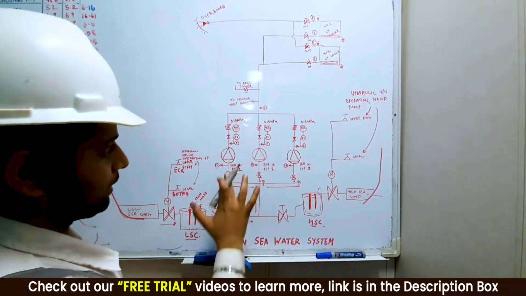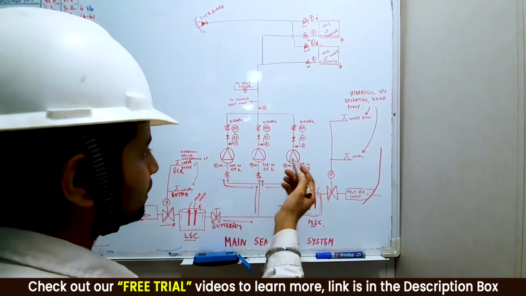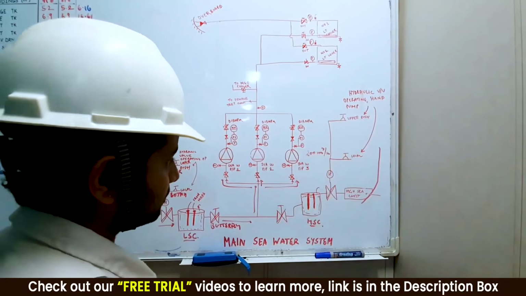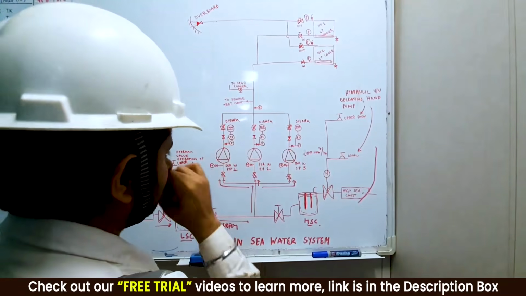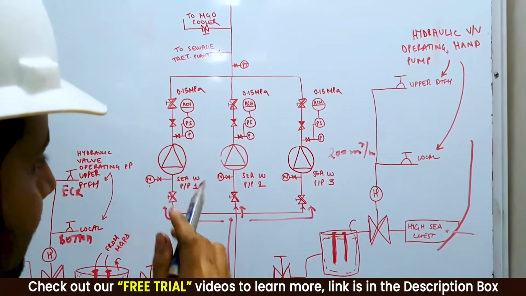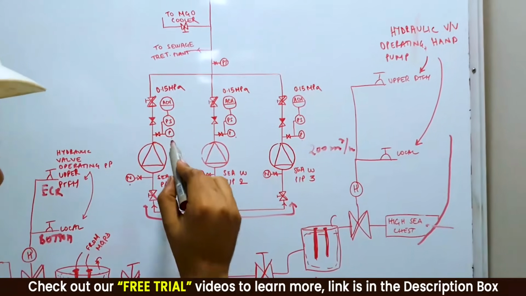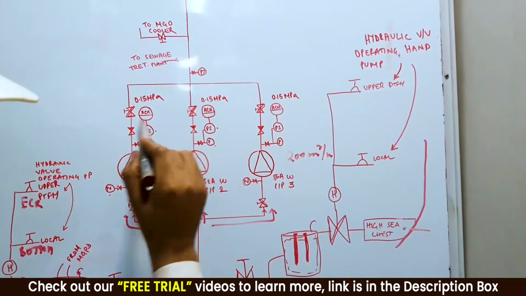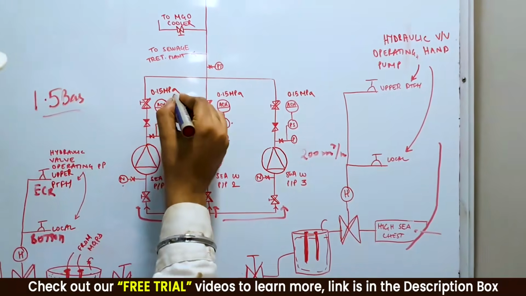Now this centrifugal pump is running. These are all three main seawater pumps, each of 200 cubic meters per hour capacity. And since it's pumping seawater, it's a centrifugal pump over here. Now see, guys, on the discharge side, I have got a pressure gauge fitted over here, which can tell me the discharge pressure. And I have also got a pressure switch fitted over here. You see, PS, pressure switch. Now this pressure switch is set at 1.5 bar. Can you see? 0.15 MPa.